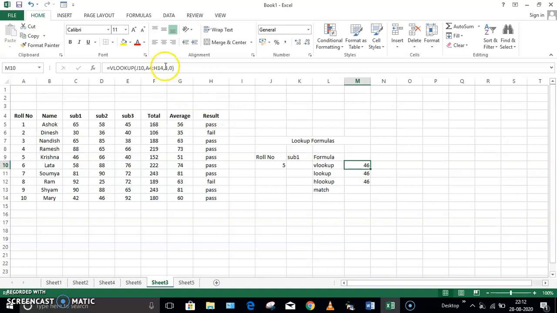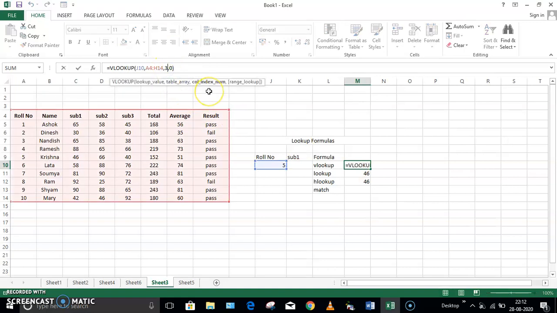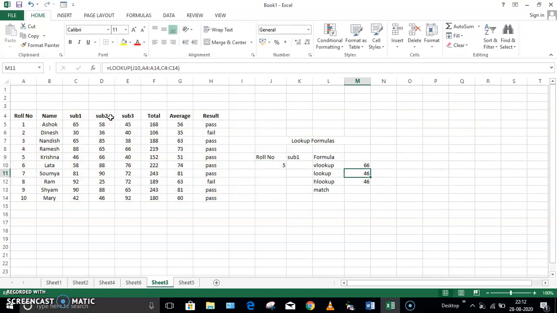So here instead of writing column number 3, I have to just write the other column. So if I wanted subject number 2 value, so it will be column 4. I'll just write column number 4, and here it is 66. Okay, so as you can see, roll number 5 has scored 66 marks in subject 2. That means it is correct.